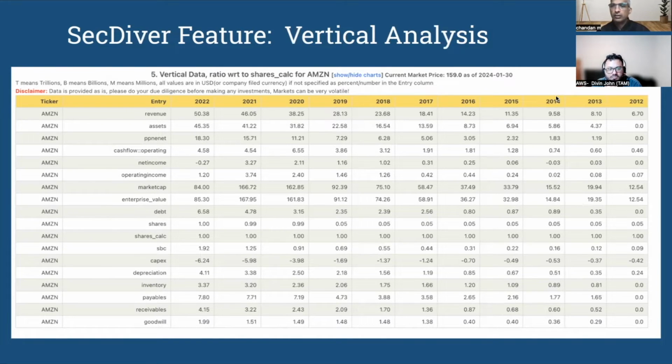What happens is some companies give a lot of stock, and so the pie that we are having grows, and so the earnings per share or the cash per share that you as an investor would get is also going to get diluted, right? So by having this view, you know that in reality, is the business growing or not? In reality, is it generating more cash per share or not, right?